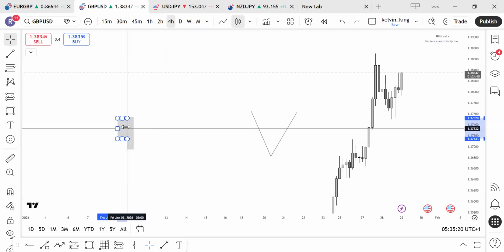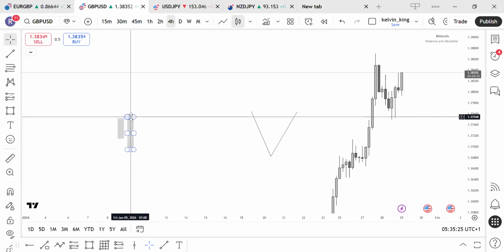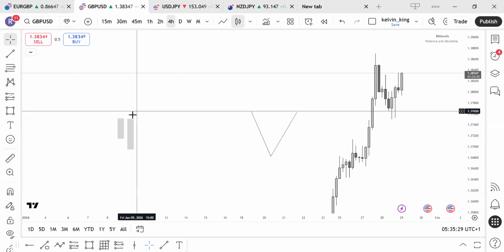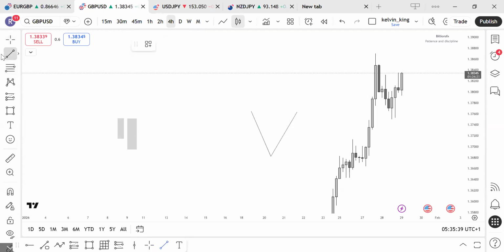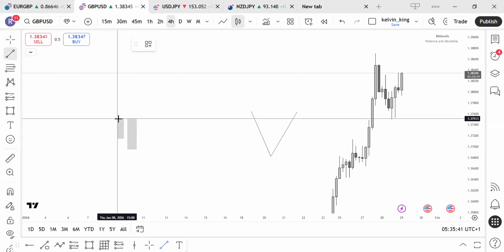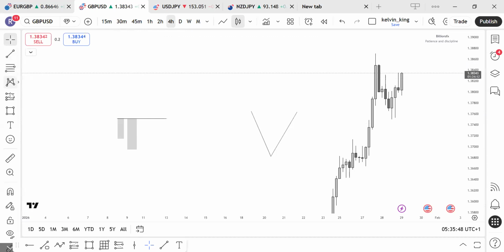A-shape key level. So we have a shape key level here. Now, how many candles form this level? So, two. Two candles. Okay, so that two candles form the level, and then